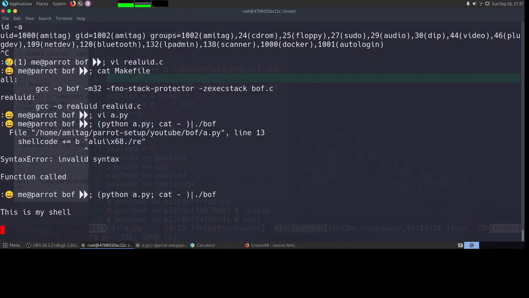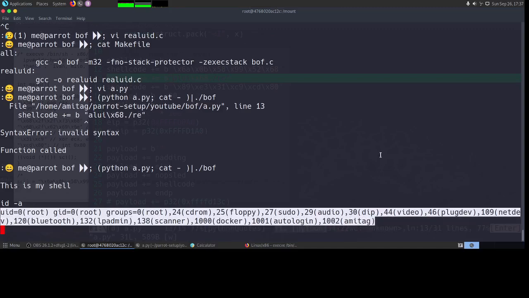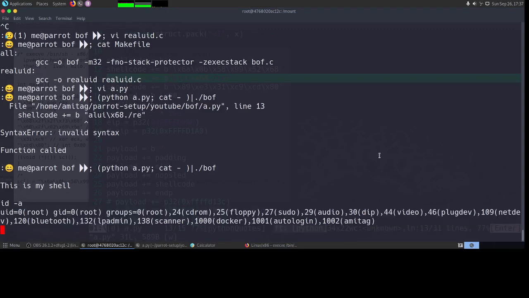Okay, so as you can see, immediately we can identify that this is running real UID. As I can see, this is my shell. I can see id -a, and we are root. Okay, so this is how you can get root.